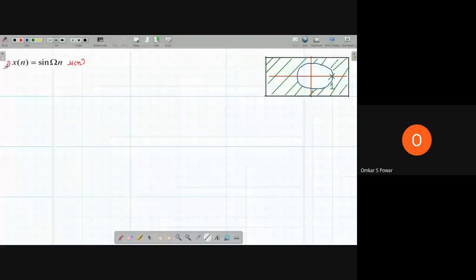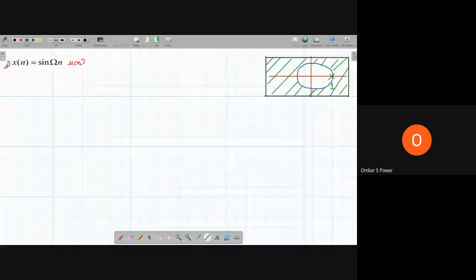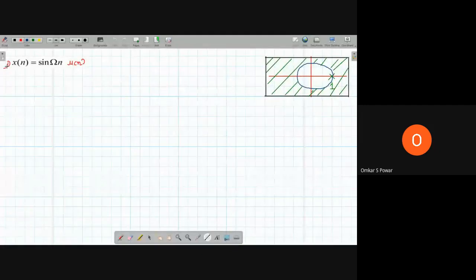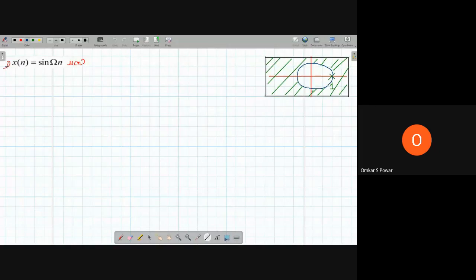So before the test we were discussing the Z transform. Particularly, I started with the intuition of the Z transform, where exactly it is used, what the application is, and the idea behind it. You will be using this Z transform not only here, but also in DSP for filter design, and for control system design, where you'll have a lot of problems: mapping from the Z domain to the S domain, then designing the system and testing the stability.